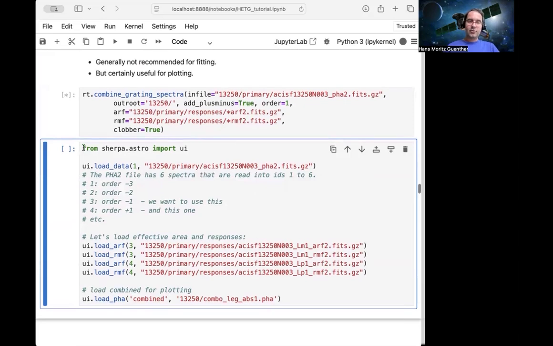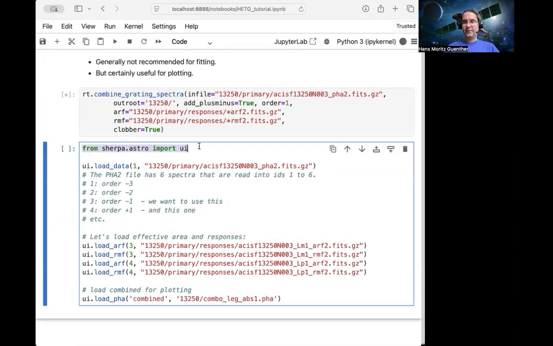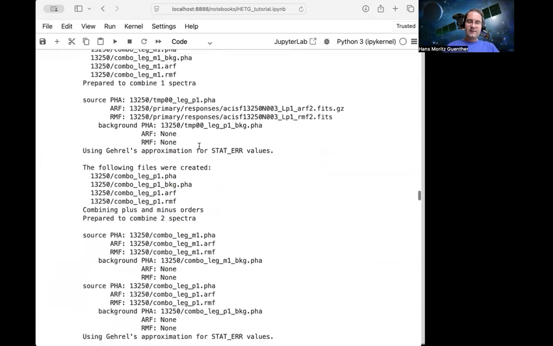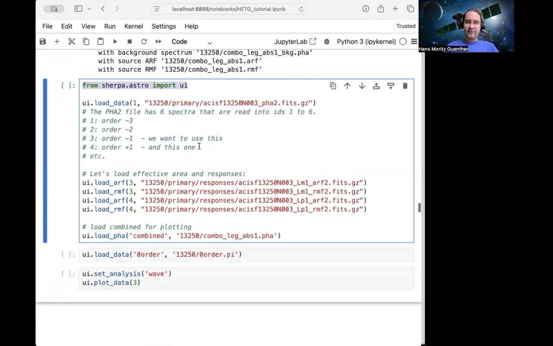And now I'm going to go ahead and load them into Sherpa for fitting. Now you could load them into XSPEC, you could load them into ISIS, you could use some other system. I personally use Sherpa, and that's distributed with CIAO too. So if you have all the previous stuff, you have all this. So we're going to load